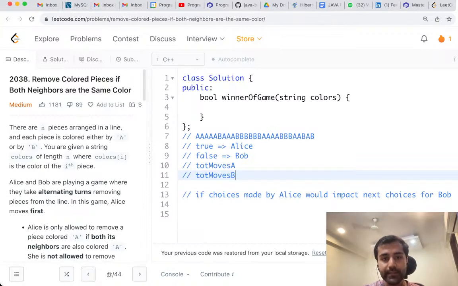Now I would ask you a very simple question. Can you calculate these two values? How many of you can calculate the total number of moves that A can make and B can make? A means Alice and B means Bob. Super easy, isn't it? See, for example, if you look at any consecutive sequence of A's, how many A's are